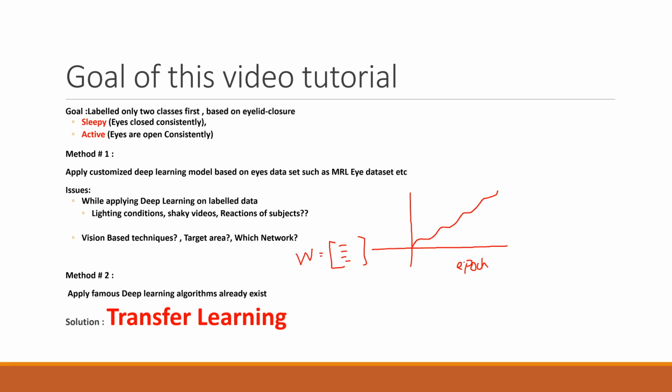As the number of epochs increases, the deep learning architecture tries to learn, and our accuracy increases with the passage of time. Once we achieve, for example, 90% accuracy on a classification problem,